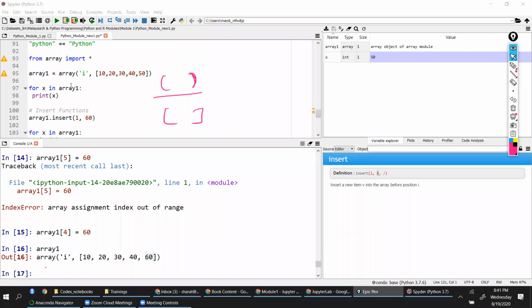If you are using this assignment, if you are creating array here using regular brackets, then it will give errors. It is a tuple. You have to create the array using square brackets. Try this square brackets. It should work. Try that, and if it is not working, then let me know. Square brackets have to be there.